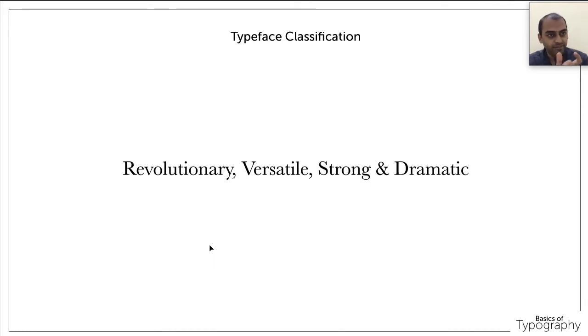But one word which I have included is versatile. Versatile means it is not that slab serif font can be used only for a heading. That is actually not the case. Slab serif font can be used in a heading, and it can be used in body text also. The ready-made, real life example is the Kindle. Kindle uses the slab serif font in body text. So slab serif font definitely looks great in body text also.